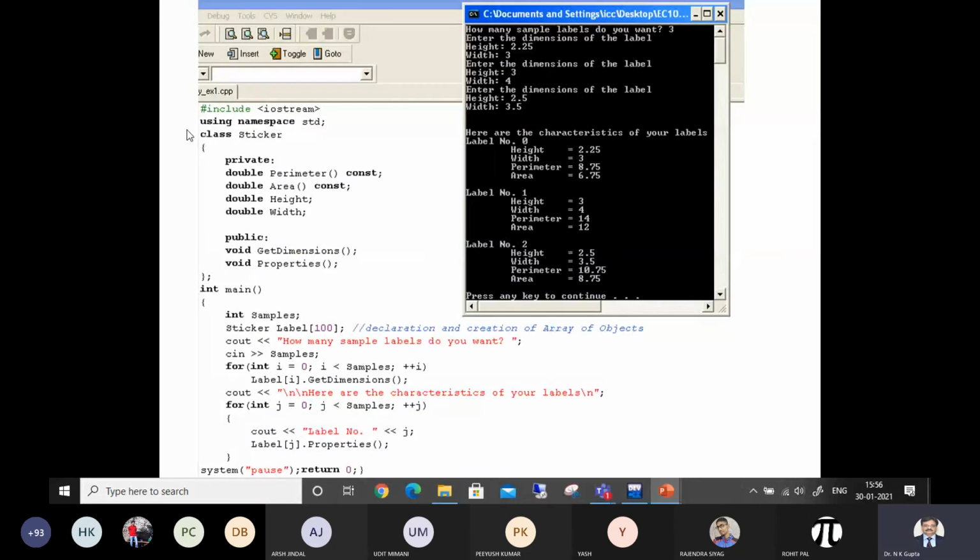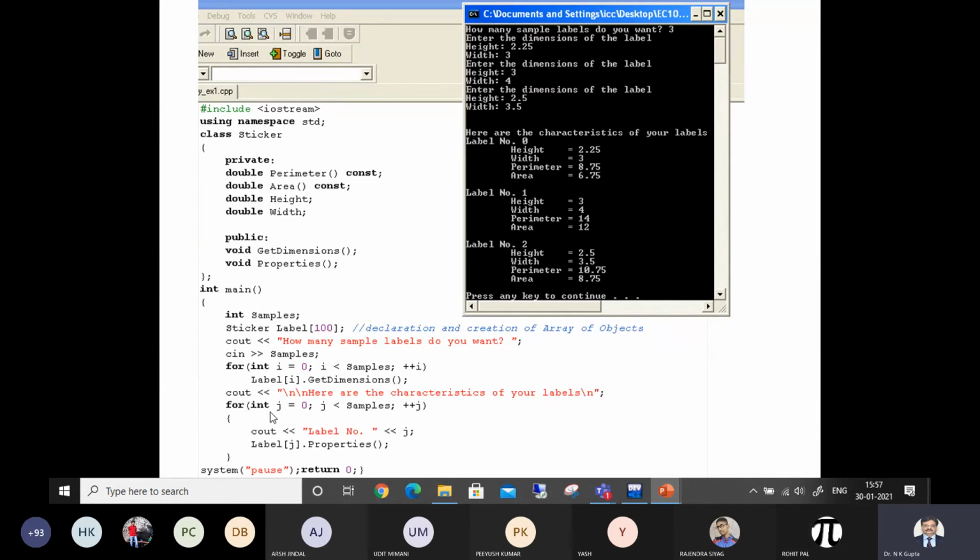Now look at this. The whole program is written over here and some definitions you have already seen. When we run it, I'm going to quickly show you. We want to input data for 3 objects, or 3 labels, or 3 stickers. The first one is 2.25 and the width is like this. For all the 3 labels you have mentioned this.